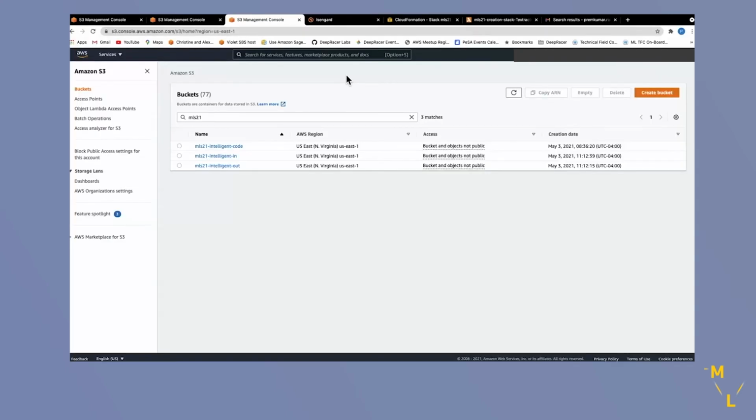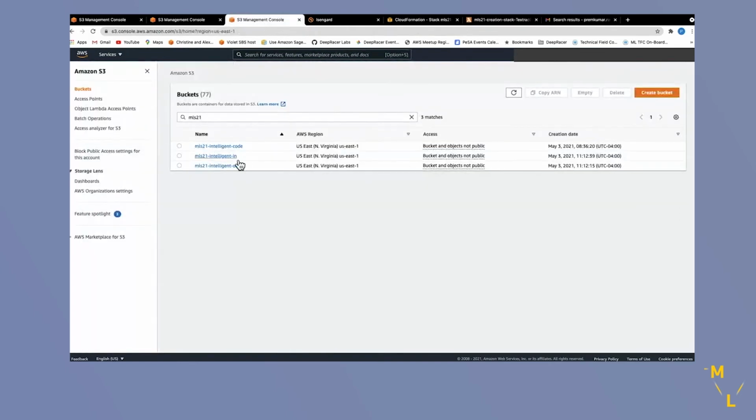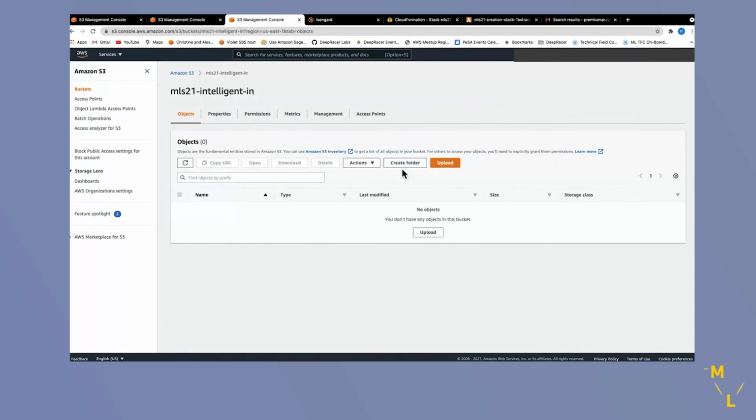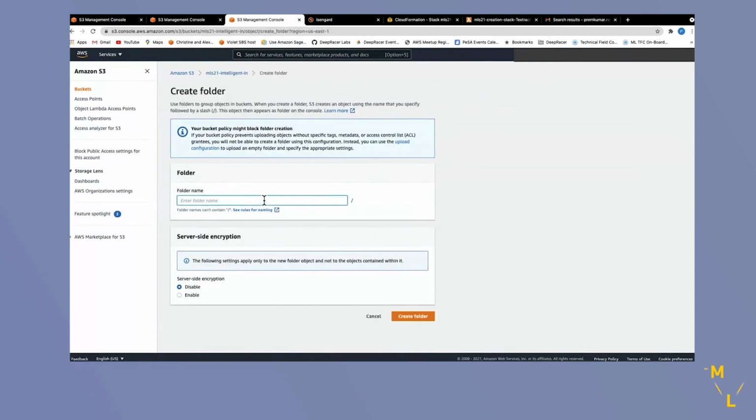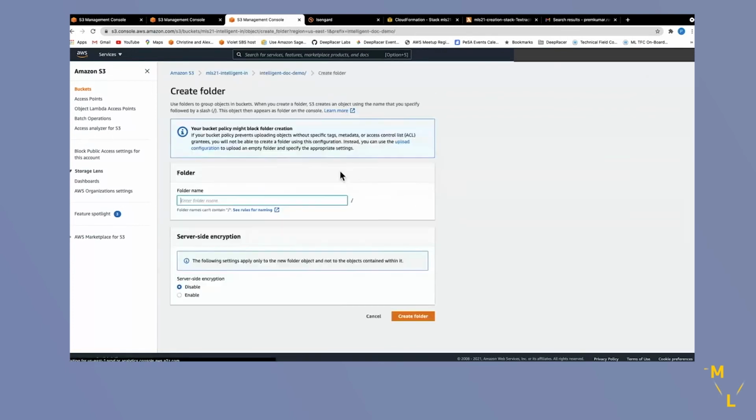Now we're going to create the prefix and upload our input document. Our Lambda function told us that the trigger will happen when we have the prefix intelligent doc demo input. Create folder within this.